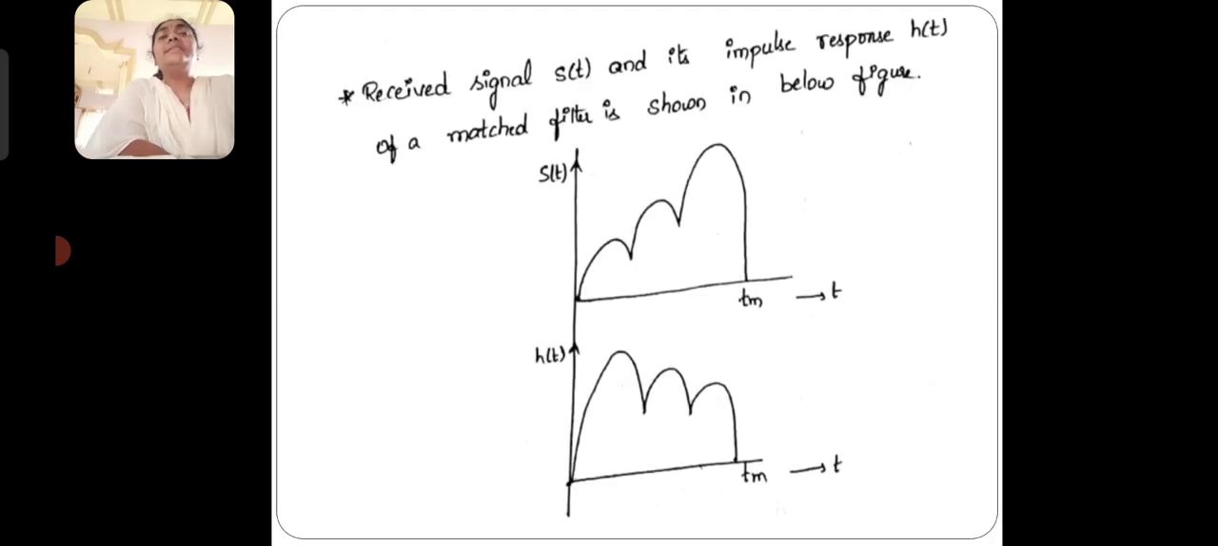The received signal s(t) and the impulse response h(t) of the matched filter are shown in the figure below. So, s(t) and h(t). After that